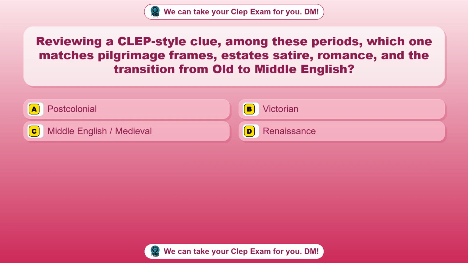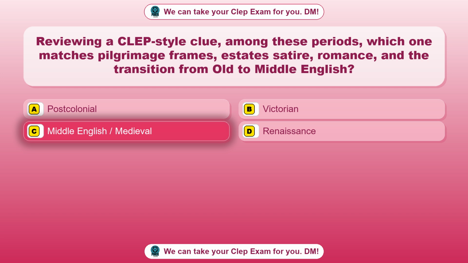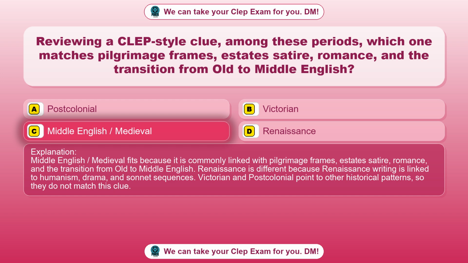Question 81. Reviewing a CLEP-style clue among these periods, which one matches pilgrimage frames, estates satire, romance, and the transition from Old to Middle English? Option A, Post-colonial. Option B, Victorian. Option C, Middle English/medieval. Option D, Renaissance. The correct answer is option C, Middle English/medieval. Middle English/medieval fits because it is commonly linked with pilgrimage frames, estates satire, romance, and the transition from